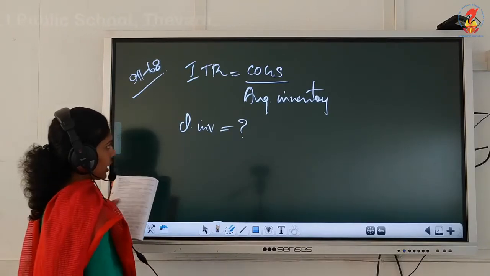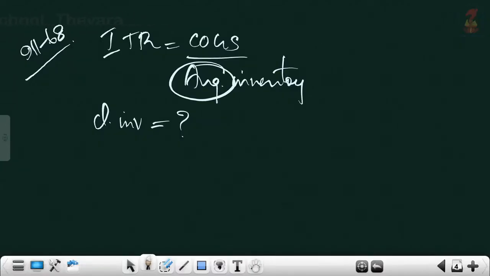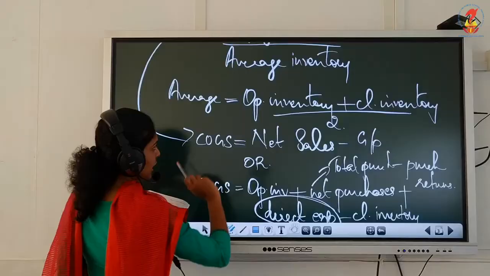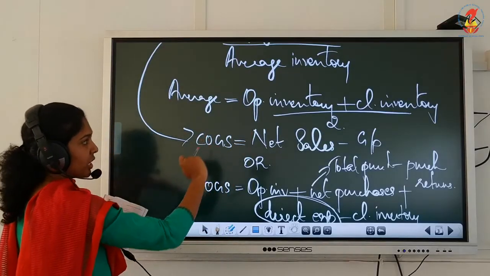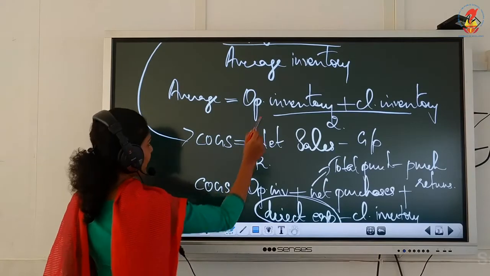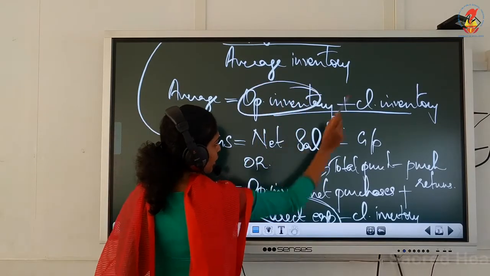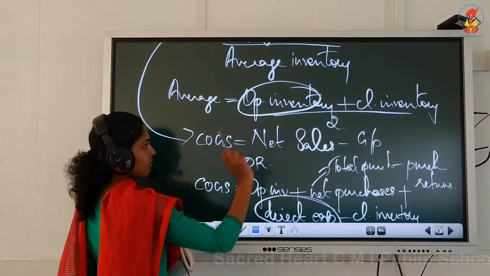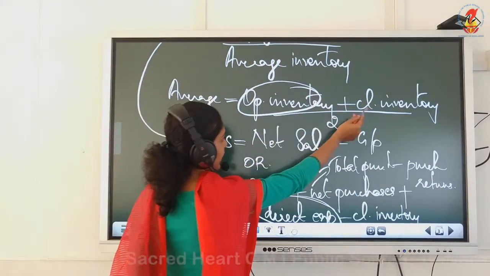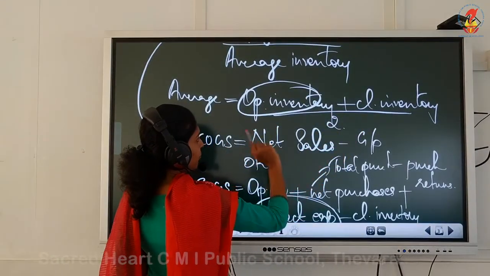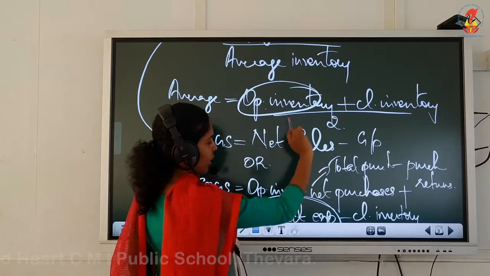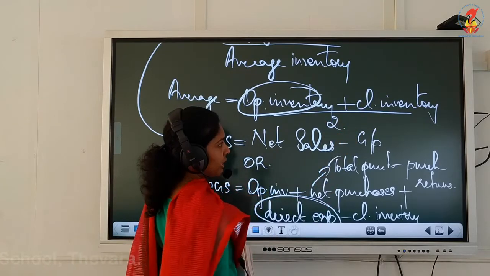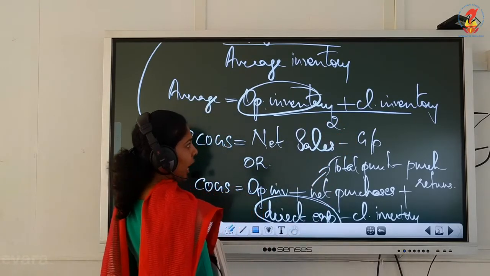Opening inventory is given, but for getting your average inventory, what you need is opening inventory plus closing inventory divided by 2. If only one of the information is given in your question, that means in this particular question we have only opening inventory, you must get the closing inventory also, though it is not asked in the question. Don't simply write opening inventory figure 60,000 divided by 2. That is wrong. What you have to do is get your closing inventory also, then add it with opening inventory, then divide by 2. So if one of the information is missing in the question, you must compute the other one, then only you can divide it by 2. So both information must be there in your answer.